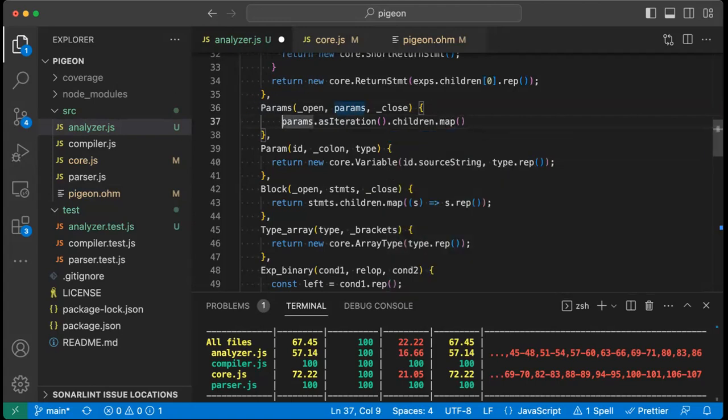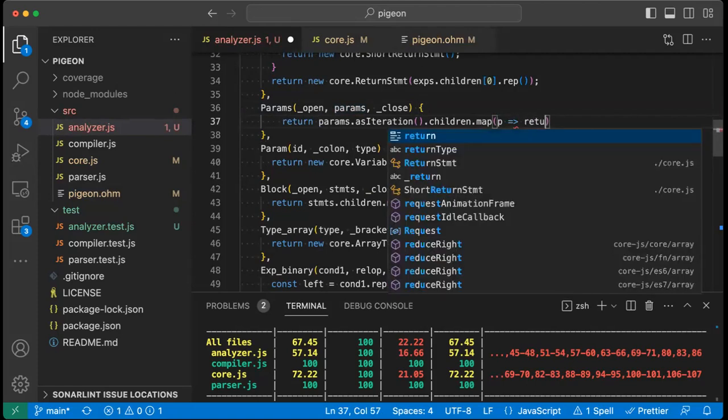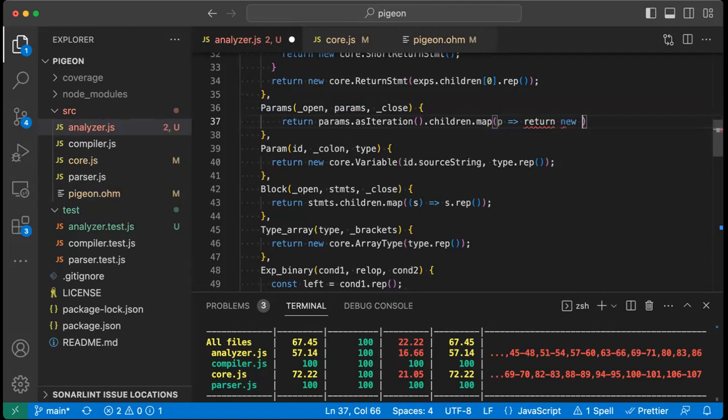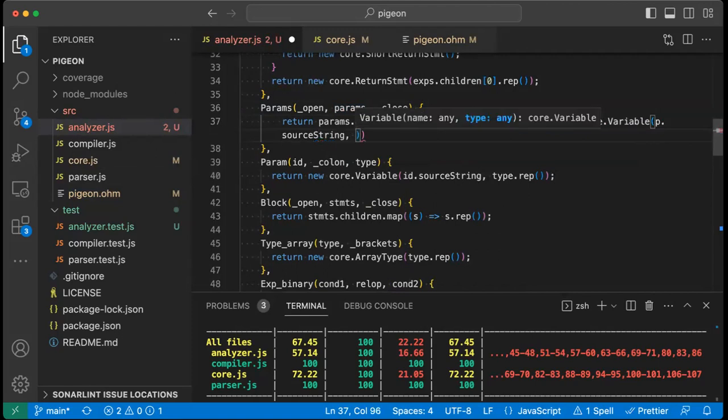Then we can map over this and we can take each one of those parameters and we can return a new core dot variable whose name is P's source string, and the type is,